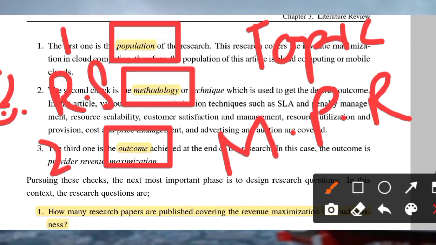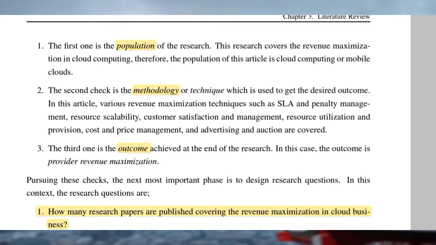When you are going to conduct your research, when you are going to conduct your literature review, you have to discuss with your supervisor and with the experts what your main topic is, what your population is, what your outcome is, and what your methodology is. Once you have finalized all these things, you have to